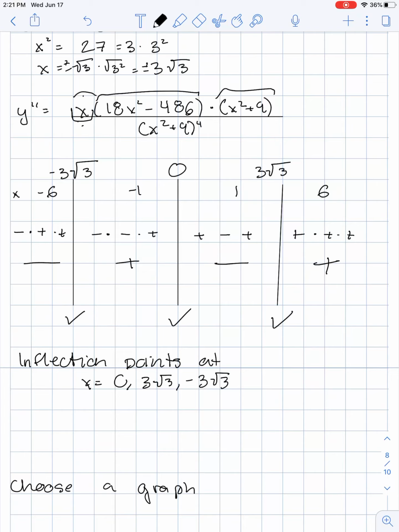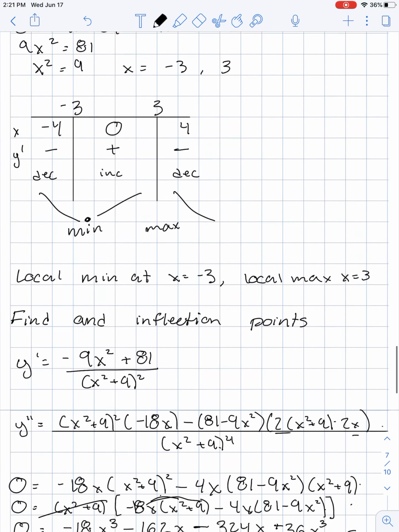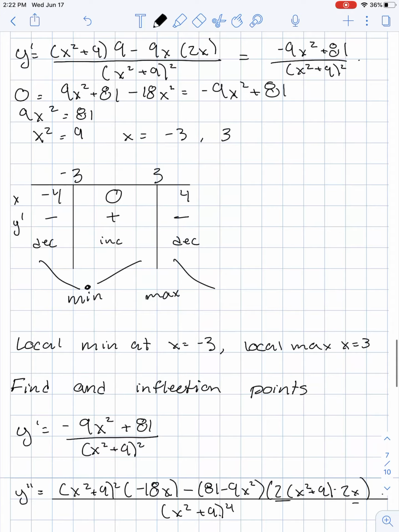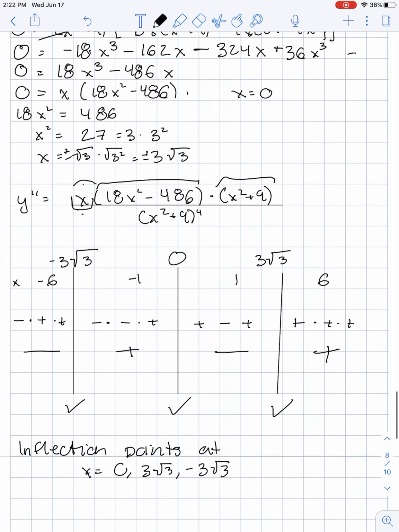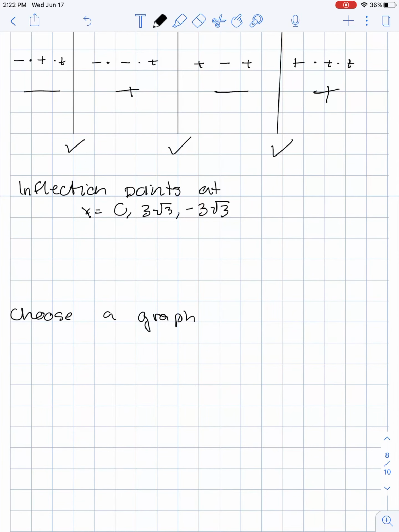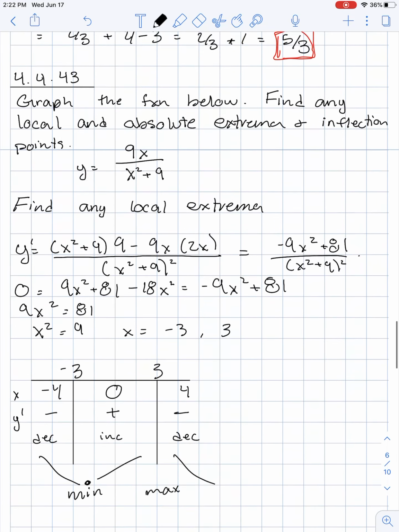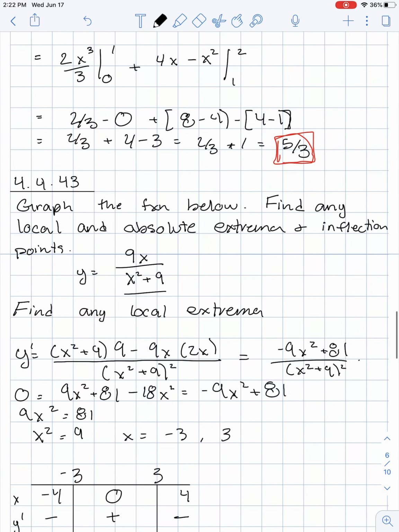Okay? So now we're going to choose our graph. So I want something that has a local min at -3 and a local max at 3 and inflection points at 0. So I can also see, looking at this graph, where's my original function, the limits as x approaches infinity and -infinity are going to,